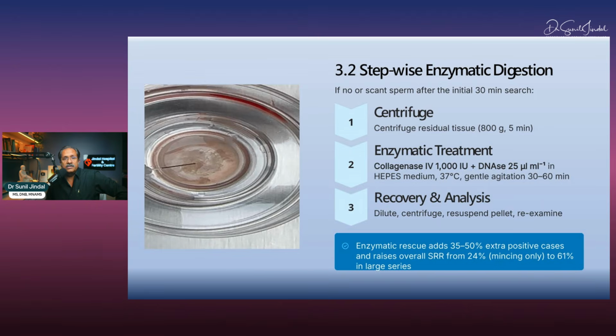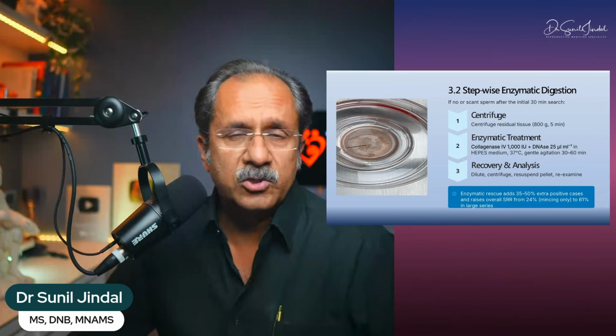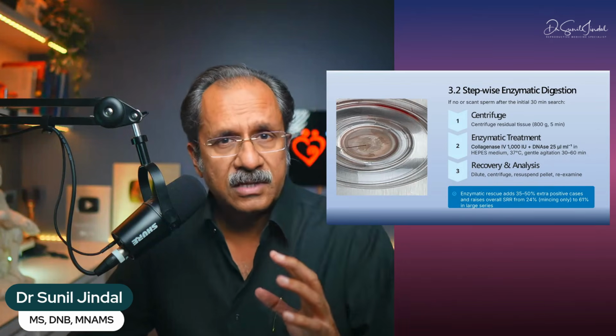What we normally do is we give them collagenase 4 treatment, and we prepare this 1000 international units with DNase 25 microliter per ml. And this we do in Hippies medium and gently agitate for 30 to 60 minutes. Then we dilute, centrifuge, and see again and re-examine. And believe me, we get a lot of sperms in those specimens in which we have not got with mechanical mincing. So there is a lot of work which goes into it, not only in the surgeon's hand, but also